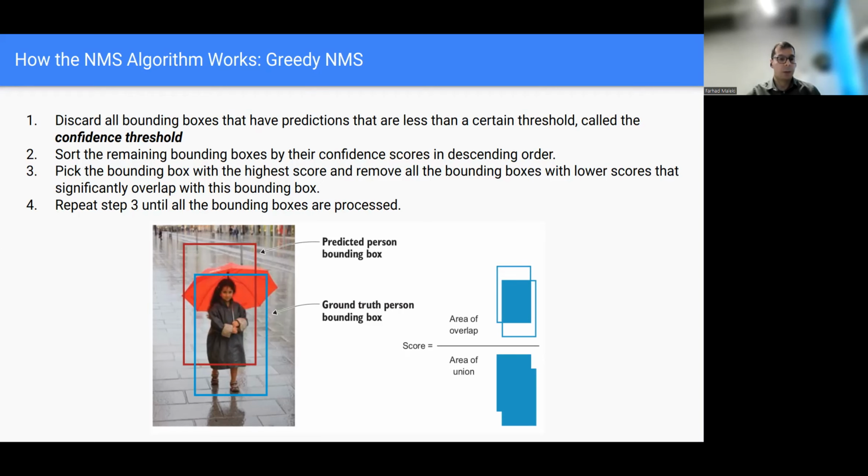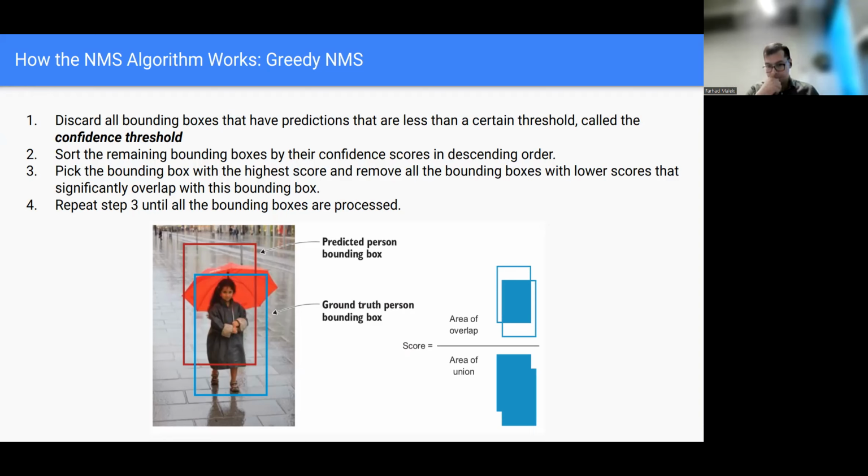So what we can do is pick one, remove everything that has a significantly high overlap with that bounding box, and repeat this process. In the next round, we pick the next one with the highest score, the highest confidence.